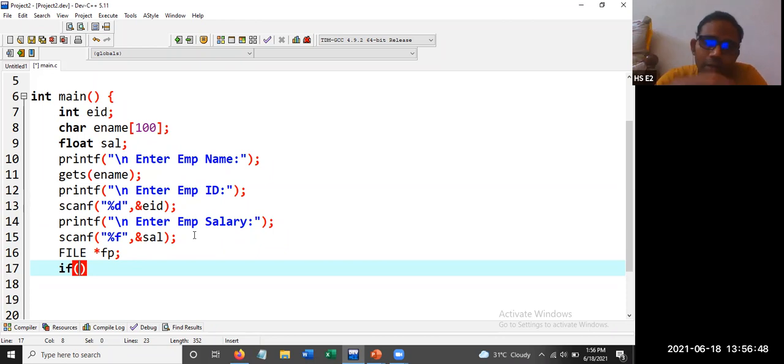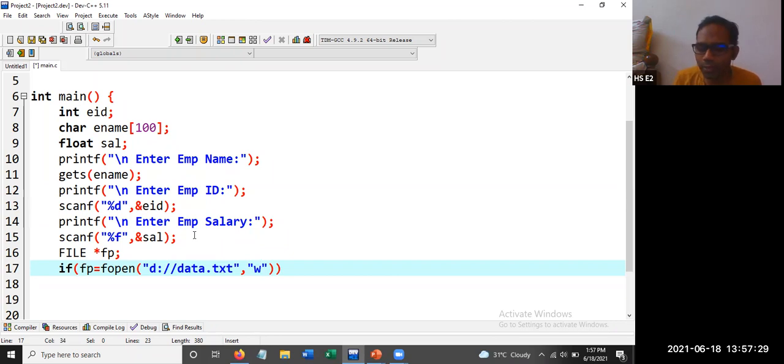It may be a pen drive. You can create a file on a pen drive by providing the path. So here I am writing if fp is equal to fopen, the file name, comma, write mode. We want to perform a write operation. So what is the file name? Say D drive. In the previous class also we used D drive with double slash, because slash is the escape sequence character, so we need to give two slashes such that it is interpreted as a single slash. Demo.txt. We have taken yesterday's data, let us go with the same one, data.txt. We want to perform a write operation.